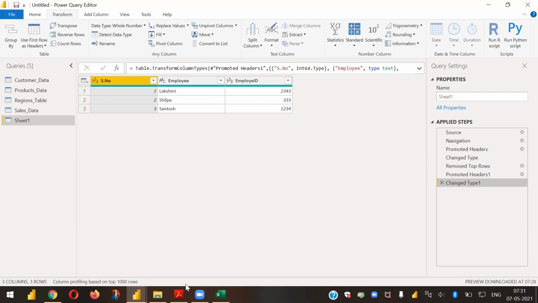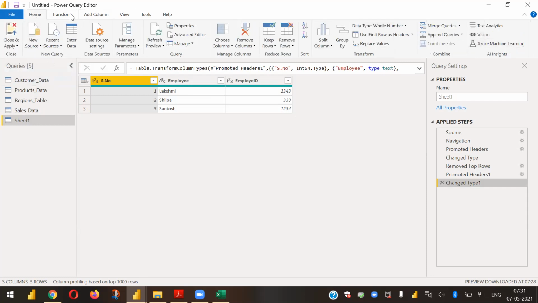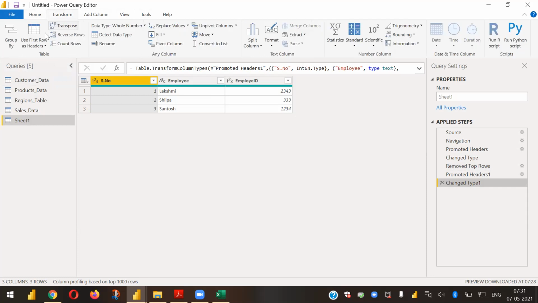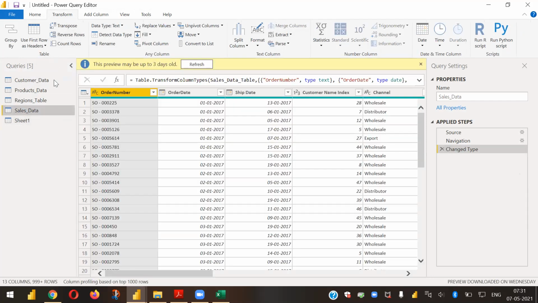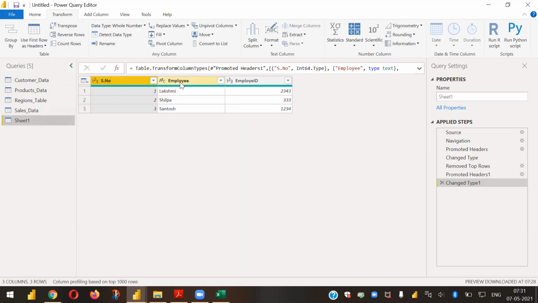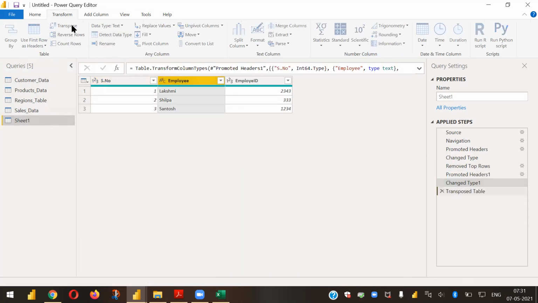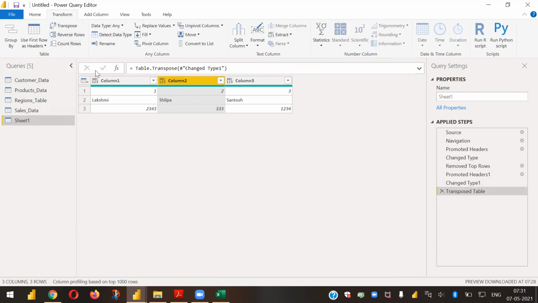And again, you can always do the same, use first row as headers here. The home button has got a lot of shortcuts for all these three. But if you go to individual menus, you can look out at what all we can do. For example, let me just go back to sales data, right? If I wanted to transpose these values, I can use this transpose. You can see, so you can play around. If you have some unpivot data, you can do that, it will be helpful.